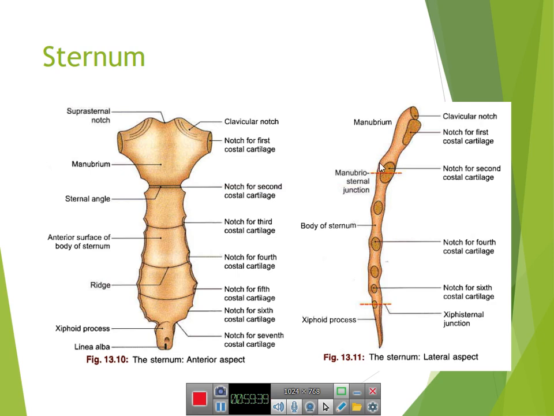The lateral border of the sternum, you can see here in front view and lateral view. Here is the lateral border of the sternum, the left side. The lateral border forms a primary cartilaginous joint with the first costal rib,